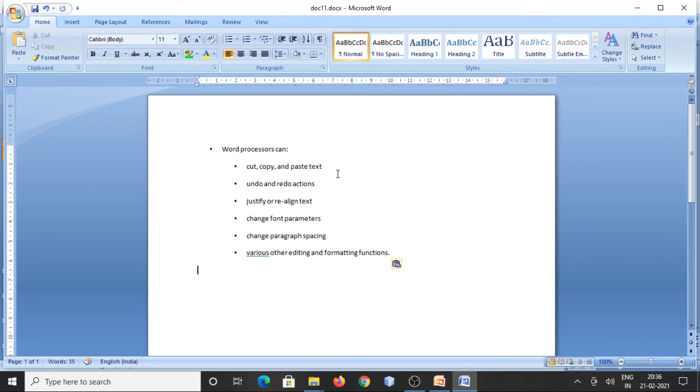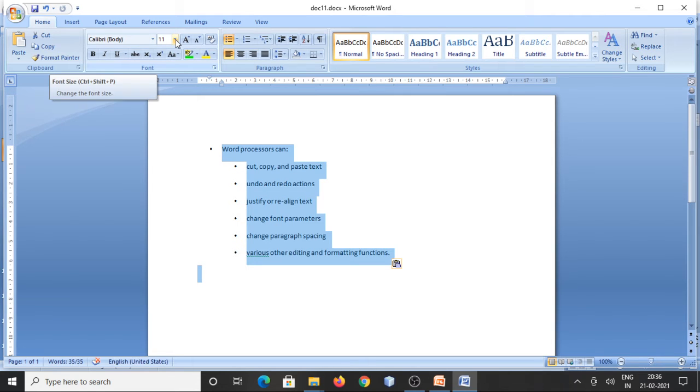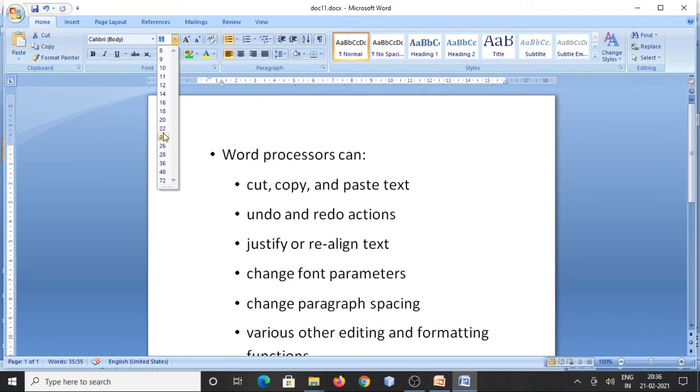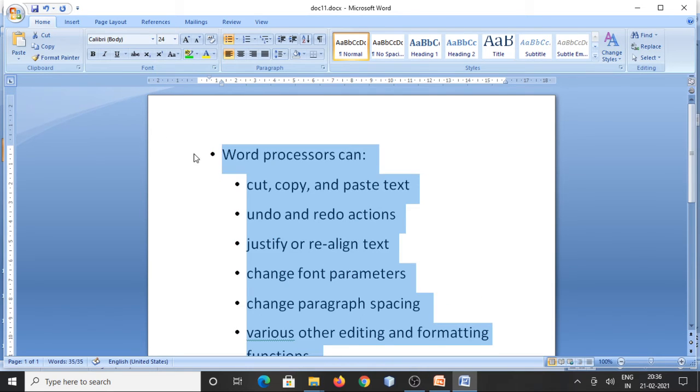Next, for editing the documents, we have to select the text with the help of the mouse or otherwise with the help of the keyboard, and I have made the font size 22.